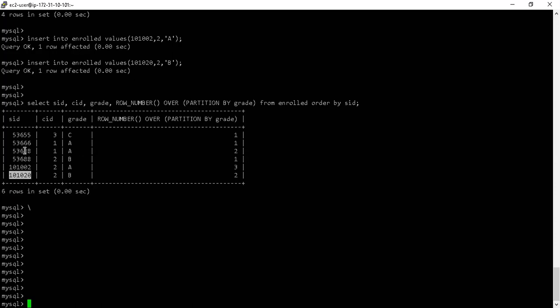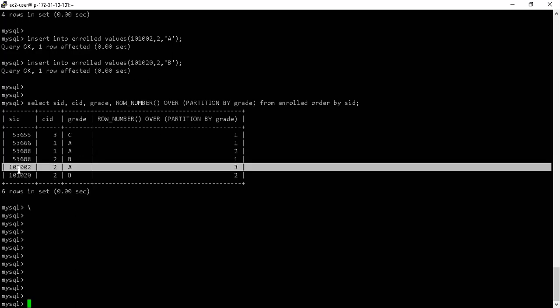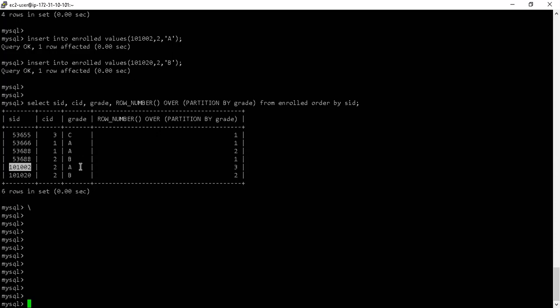So SID 53688 is lower than this one. And then in the third place, it's going to take this one because this number and this combination is the highest. If you look at this combination, this is lower than this combination.